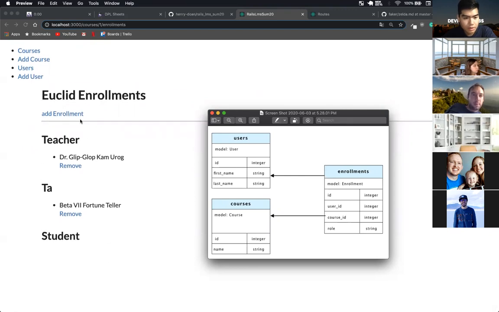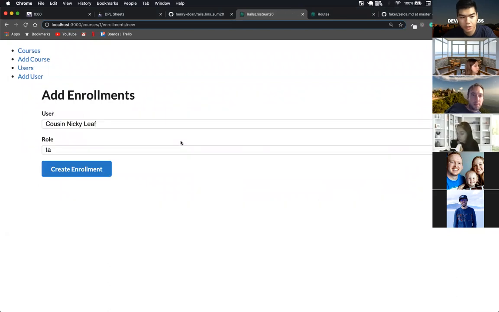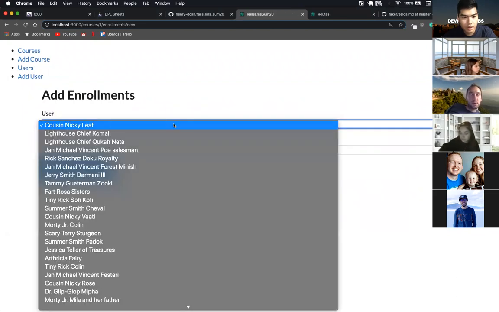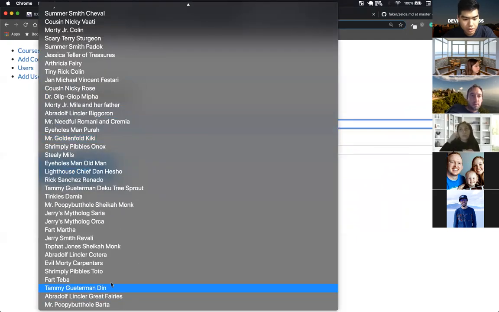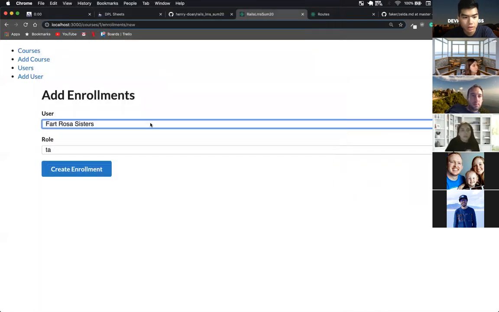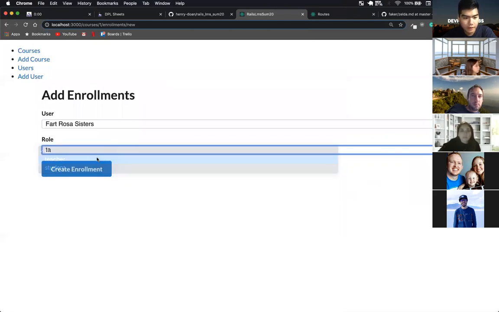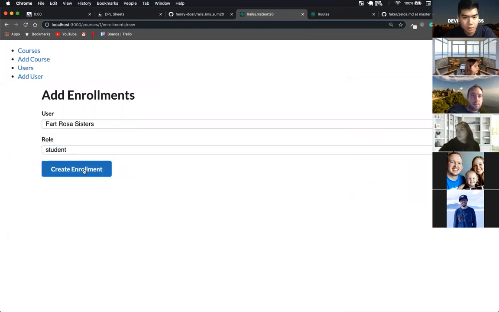Cool. So then if you go ahead and add in an enrollment, this is the form that we just created. You're able to choose all of the users here, and all of these users don't belong to a course yet. That's just how we wrote our logic. And then this here is the roles that we specified in the array. Let's have them be a student, because we don't have any student here. And then when we create,